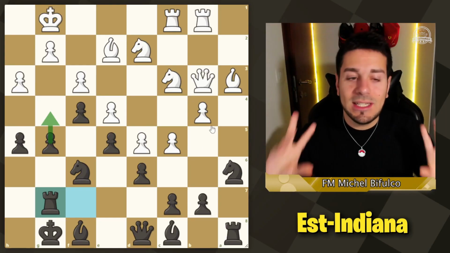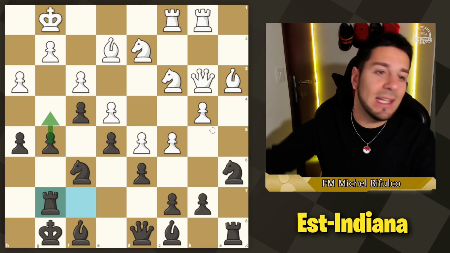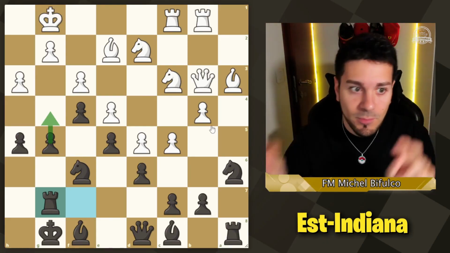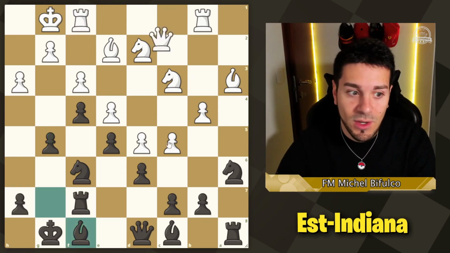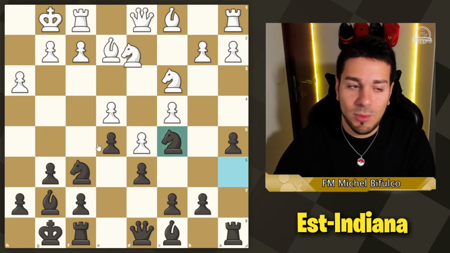But the important thing is that you get the idea. The idea, not the computer move. Surely in this analysis, I've made a huge number of mistakes from a computer's point of view, but what I want to convey to you are the ideas, not the computer moves. So, generally when we play e5, these are the plans,